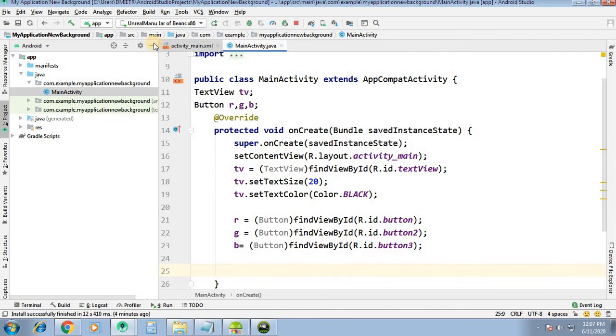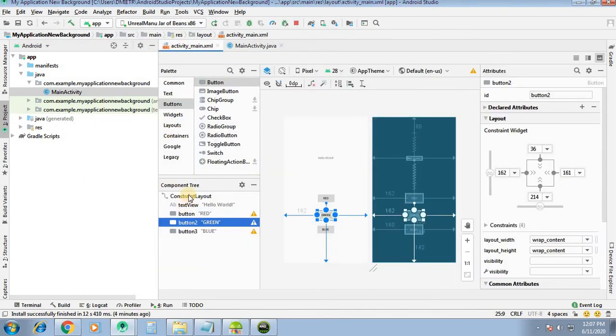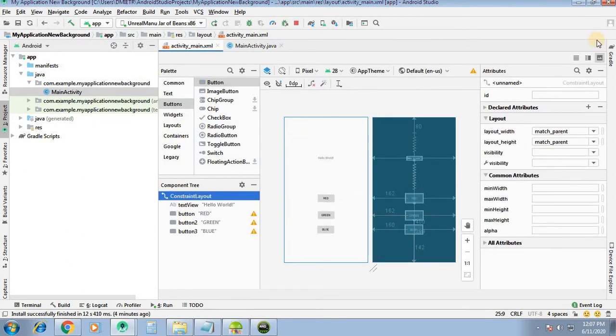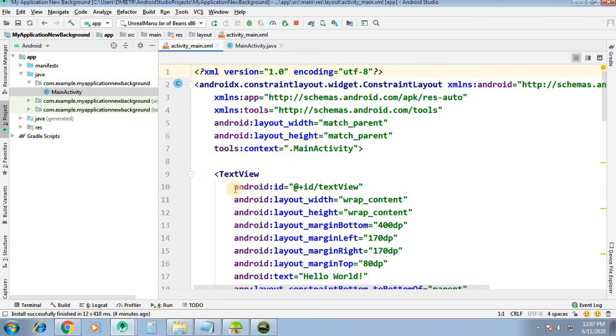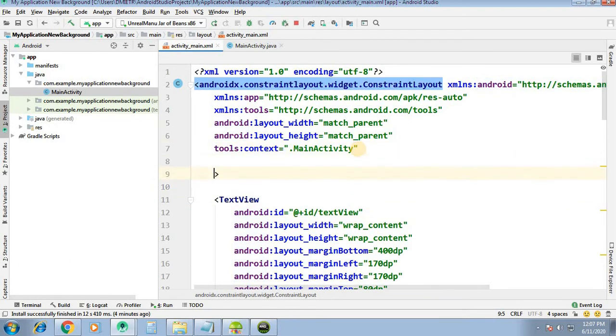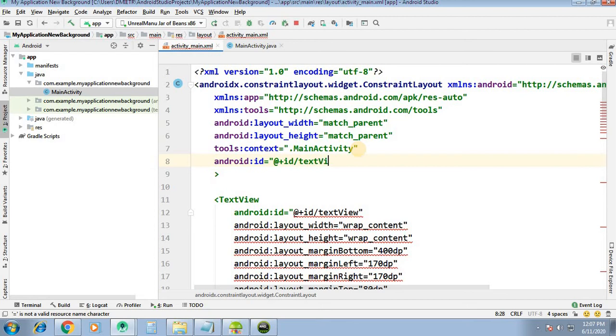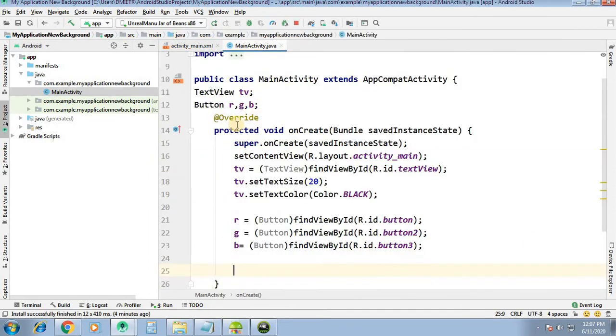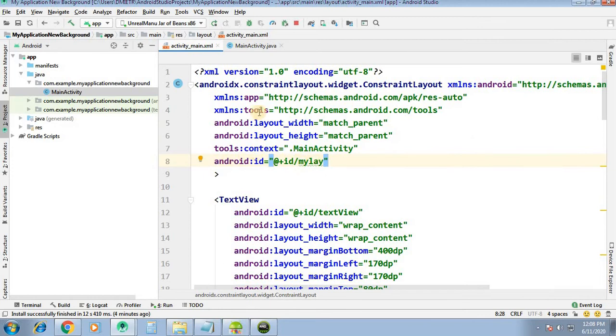So we have to set an ID to the constraint layout because we are changing the background of the constraint layout. So we will access the constraint layout. We are setting the ID for constraint layout. The ID is my layout. So we have set the ID for constraint layout.